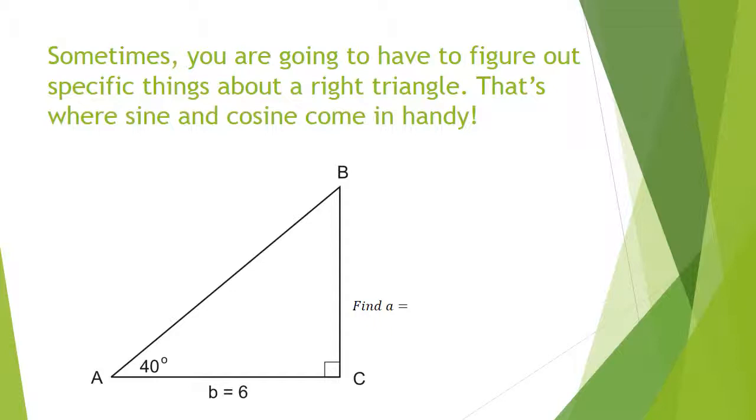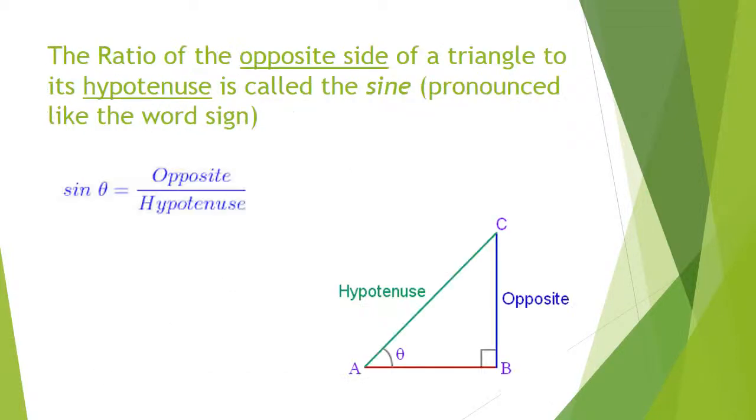The sine and cosine functions are the two most prominent functions in trigonometry. In fact, all other trig functions can be expressed in terms of sine and cosine. So let's learn more about these two. So the ratio of the opposite side of a triangle to its hypotenuse is called the sine, which is pronounced like the word sine. So in a right triangle, the sine definition basically says that all the following are related: